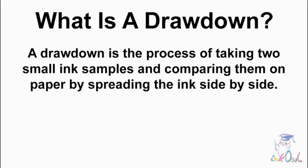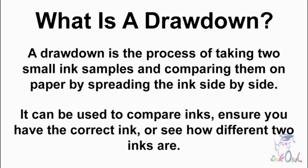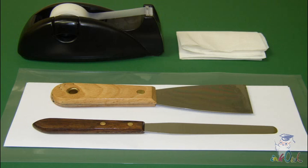A drawdown is the process of taking two small ink samples and comparing them on paper by spreading the ink side by side. It can be used to compare inks, ensure you have the correct ink, or see how different two inks are. For this process, you'll need a piece of paper, some adhesive tape, a blunt knife, like a